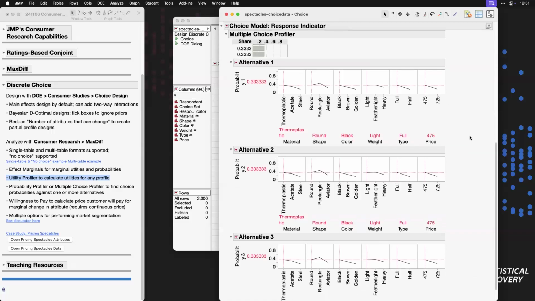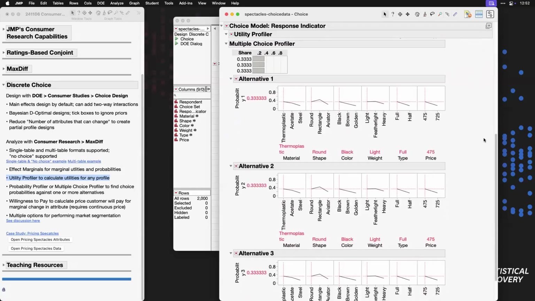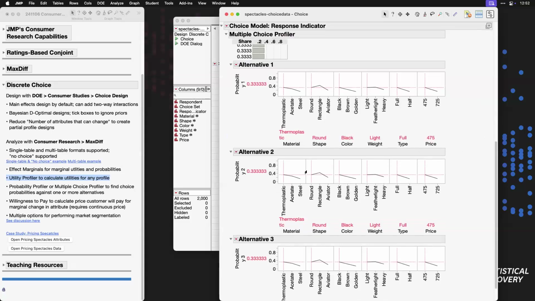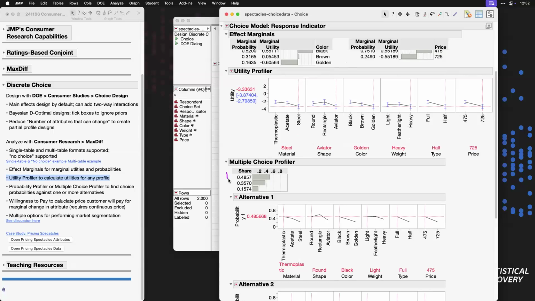So you can see right now I've specified the same default or baseline profile for each of the 3 here. And the relative share or selection probability is equal, 1/3 apiece. But now let's say that instead of them being the same, I'm going to vary the material. So alternative 2 will be the acetate and alternative 3 will be steel. And now I can see that the first profile is preferred with a share of 0.49 approximately, the second 0.36,